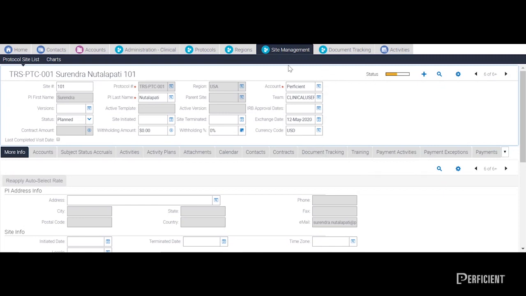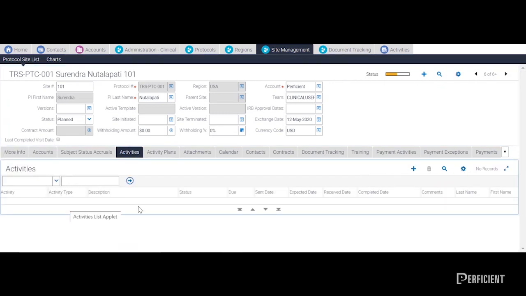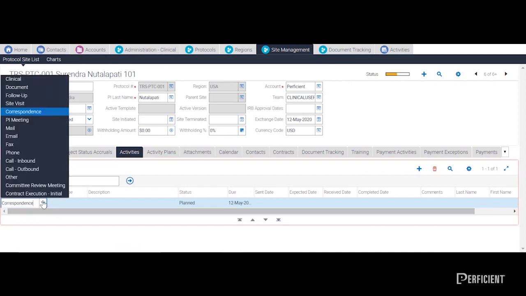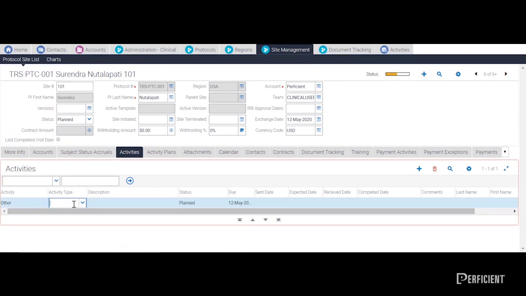So here, in this scenario, we're on our particular site. We're going to go into activities, and we'll create a new activity. Now, I've added some list of values here that we're going to use, but you could customize this any way you see fit. So I'm going to choose other activity types. I added a supplies, and you can put in some description of supplies